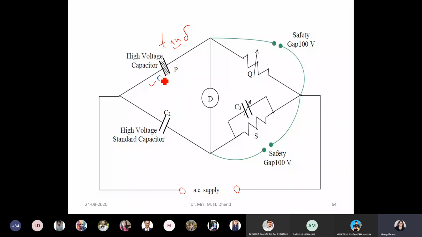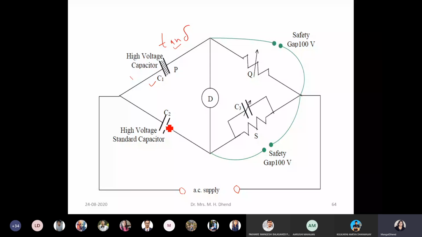Okay. So it can be used for measuring capacitance also. So your unknown branch will be, suppose, in branch 1. Now it will require some high voltage standard capacitor. Here this will be a perfect capacitor. It will not have any resistance, mind you. And to have a perfect capacitor is very costly because that is not a lossy capacitor. Ideal condition means the cost of this capacitor is very high.